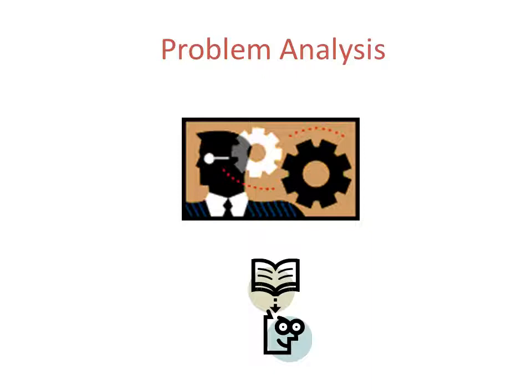Then we have to consider the input of the algorithm. That is, we have to specify exactly the set of instances that the algorithm is going to handle. If you fail to denote the instance, the algorithm may not work for all types of instance. Then we have to consider what strategy we are going to apply for solving this problem, and we have to analyze what will be the output of the problem.